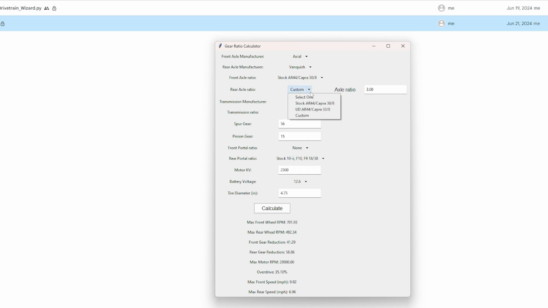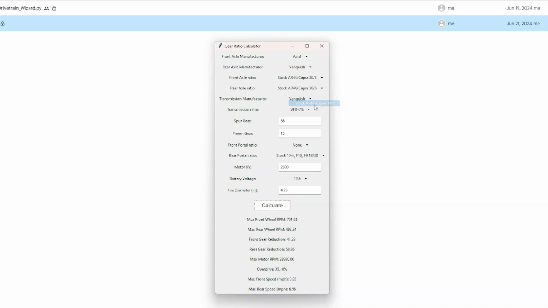Another way we could have achieved that, we could go back to stock. We're back at 56. We underdrive the front. That gets us to 47, which is about where the Phoenix portal is in high overdrive. So a couple of different options. You may also notice the rear portal ratio. This is an issue that I need to fix. It's stock SCX10.2. It should say 10.3, but I'll probably just change it to say